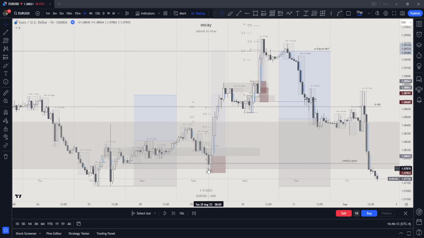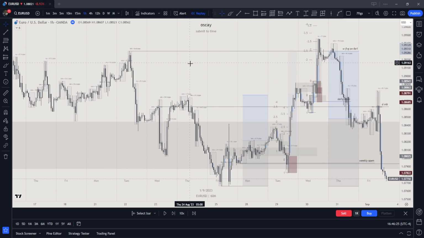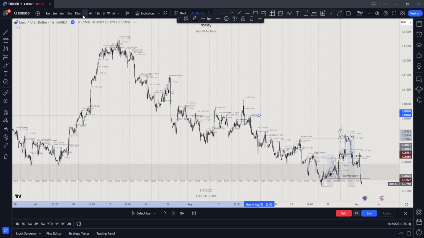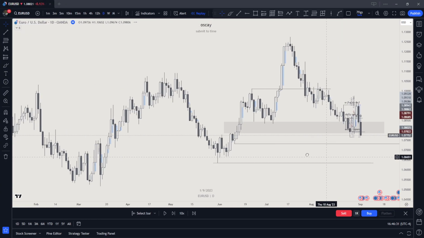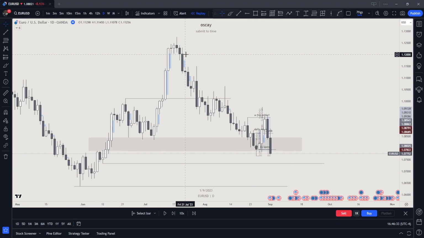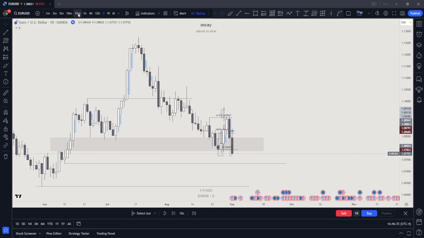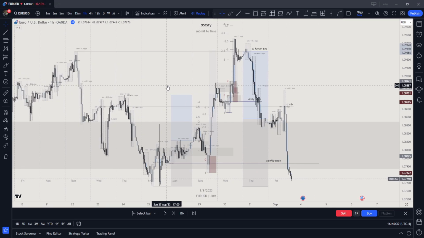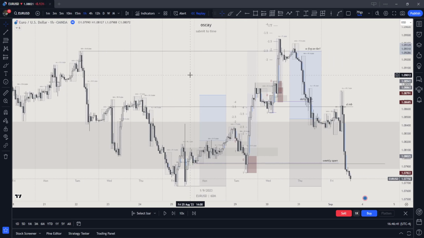Beautiful, man. Let me see. 29 August. 30 August. I'm extremely happy with these results because this month is extremely low volatility and it's one of the harder months to trade, I've heard. I just rinsed it, man.